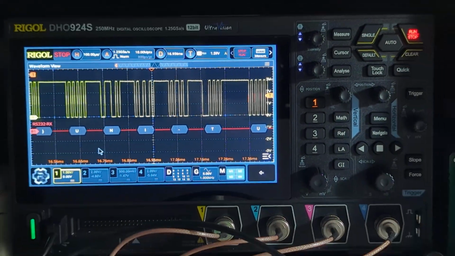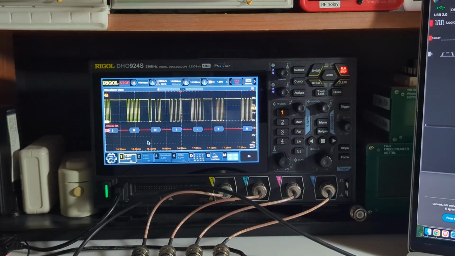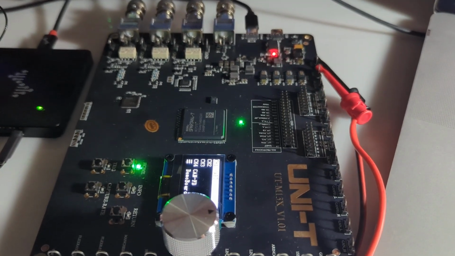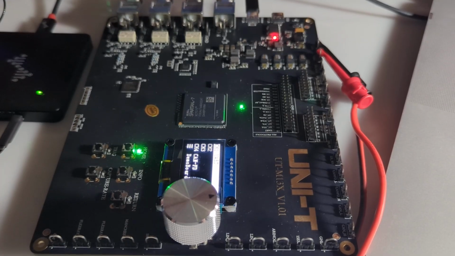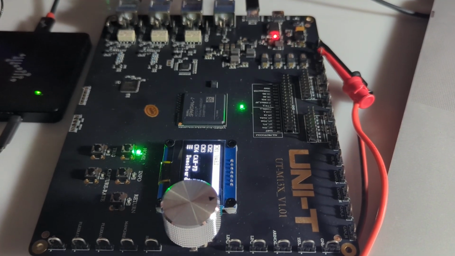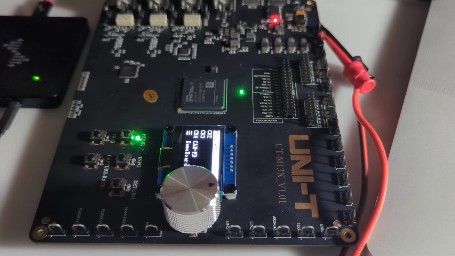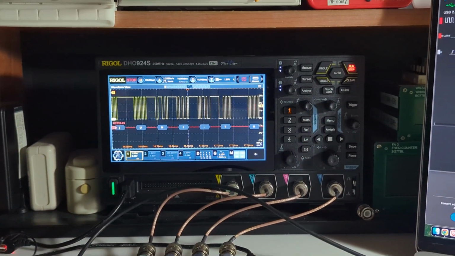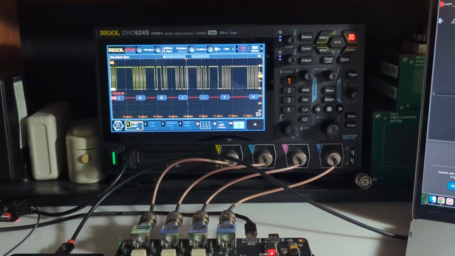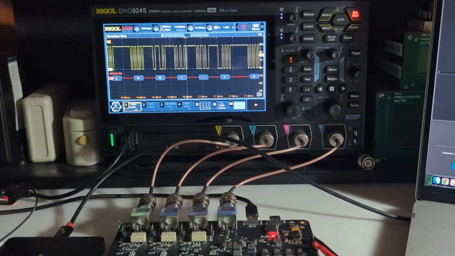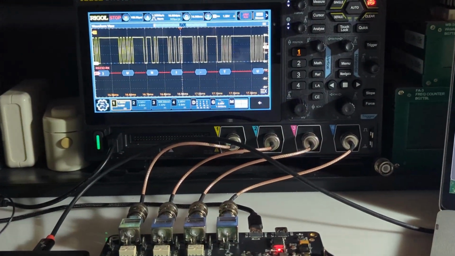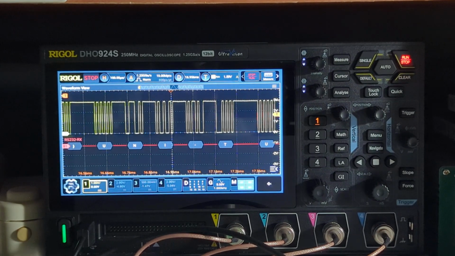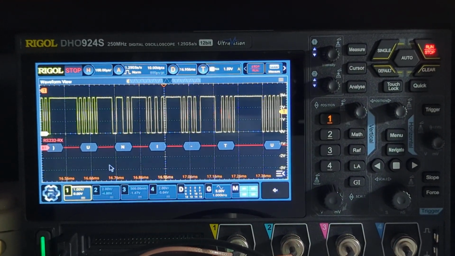I've got a UNI-T oscilloscope test board, the UT-M13X, and it generates signals of various types. It's currently set up to output a UART signal, which we're then sending into the Rigol scope. I'll set this up so we can show how to set up the Rigol scope to capture and